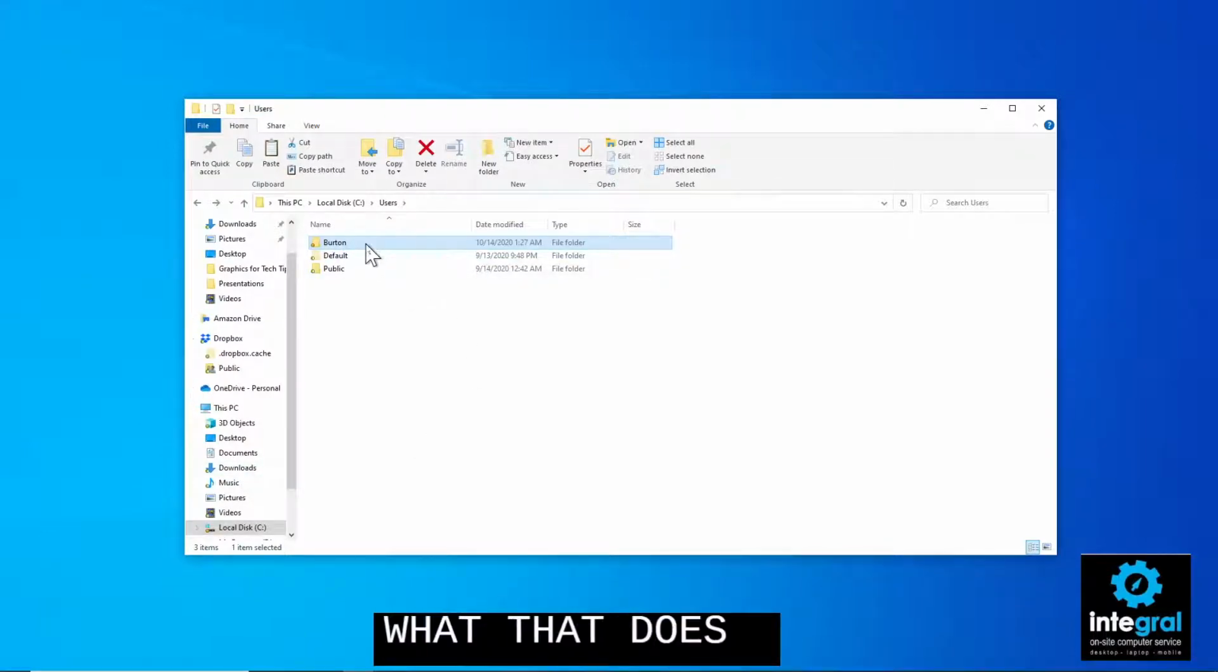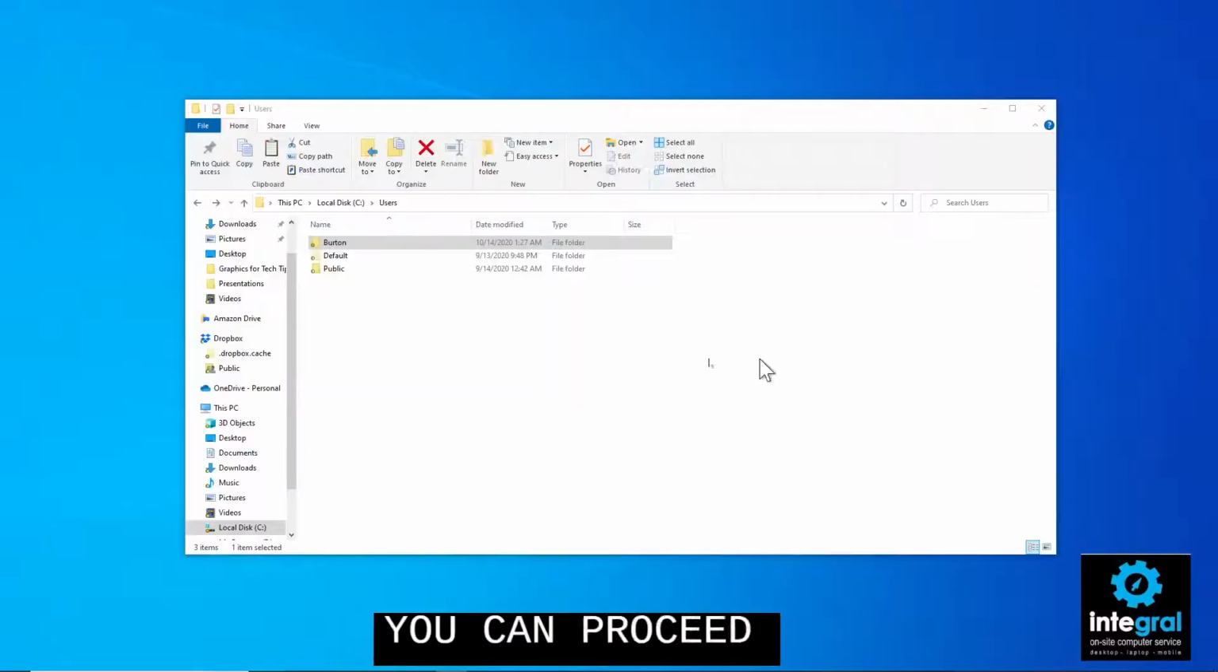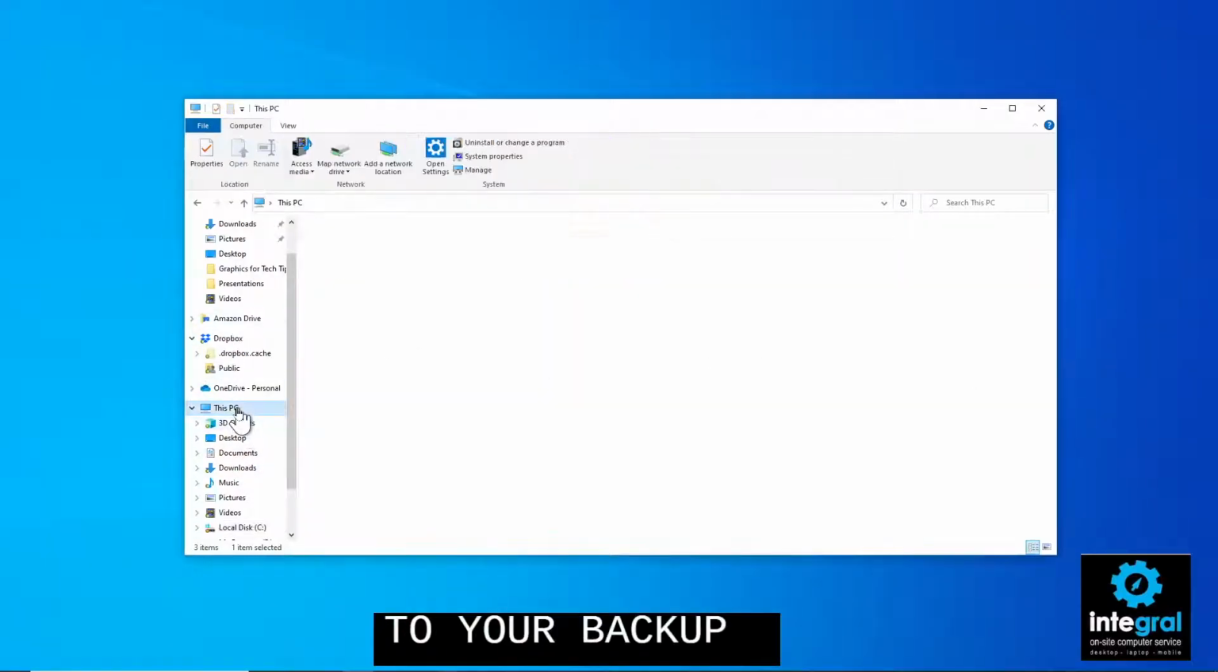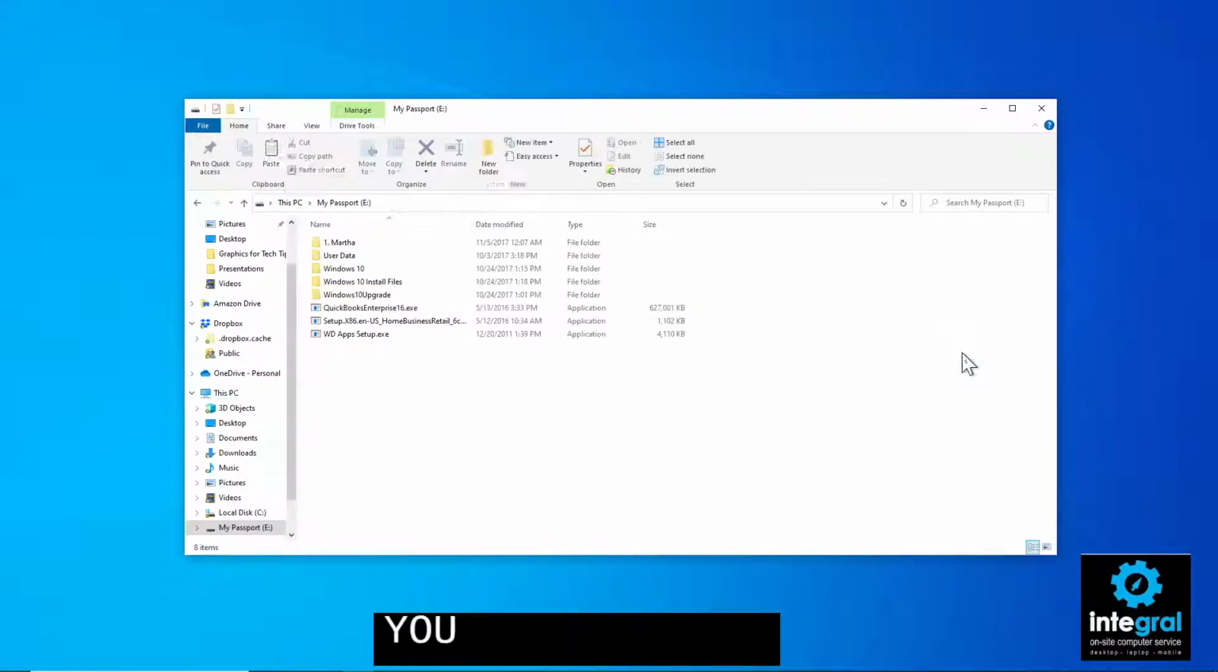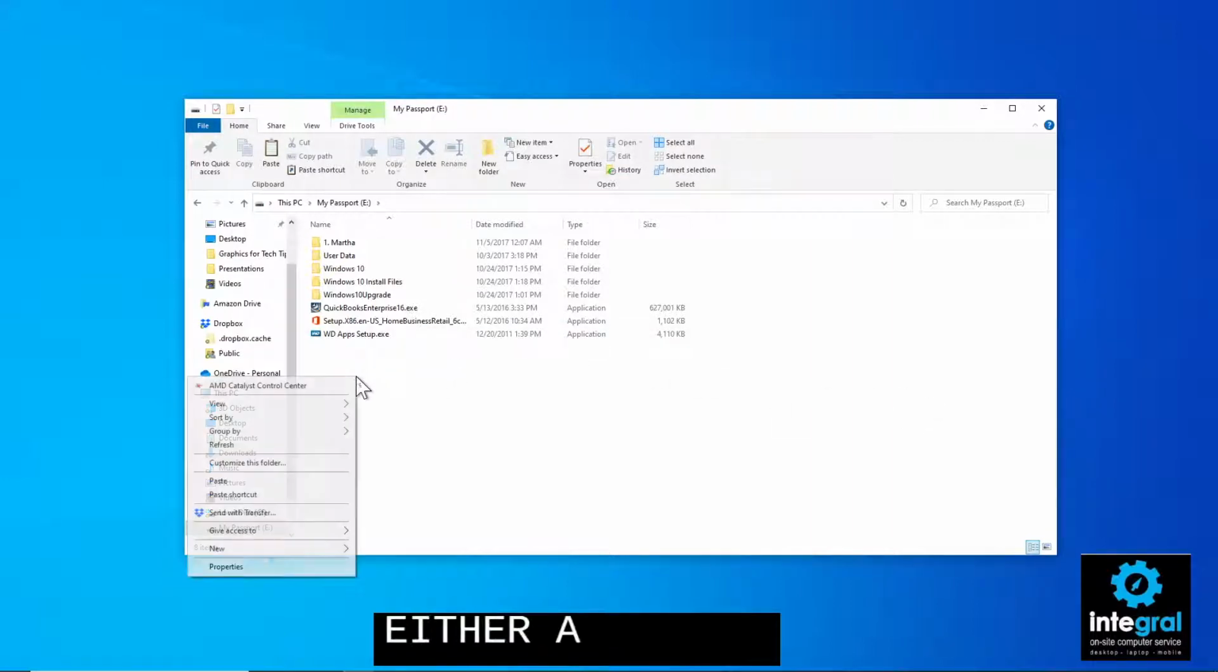What that does is that copies all of the information in that folder into what's called the Windows clipboard. Now, once you have that information copied to the Windows clipboard, then you can proceed to your backup device or your external hard drive. And once you double click on the folder, you can either right click on your mouse